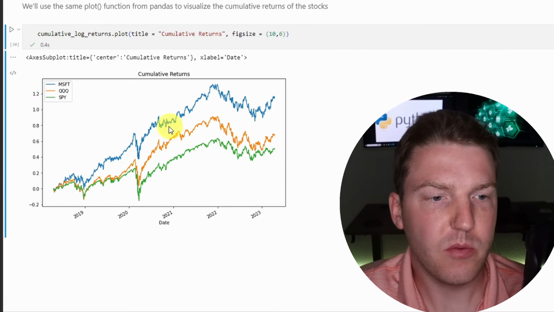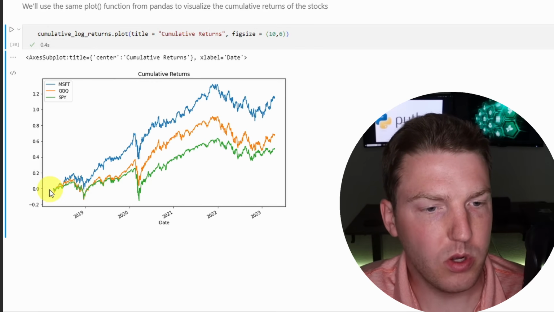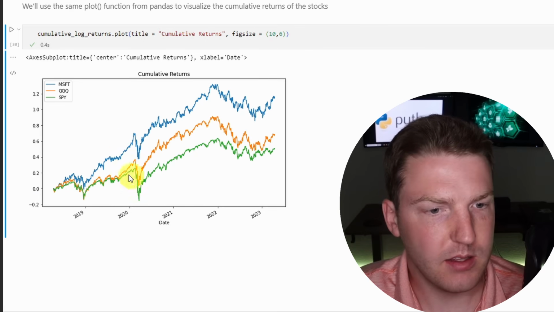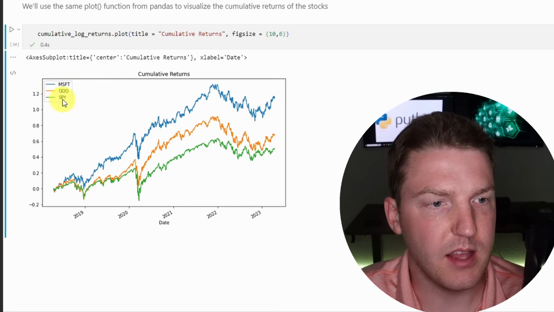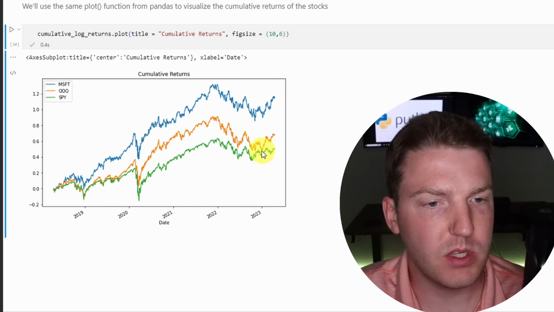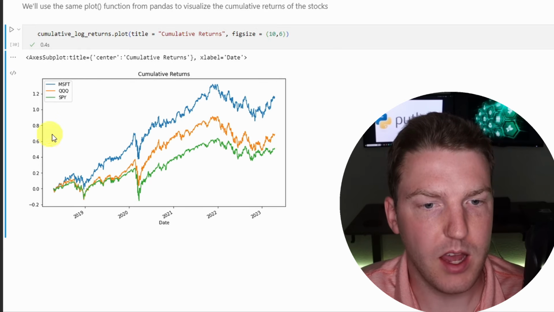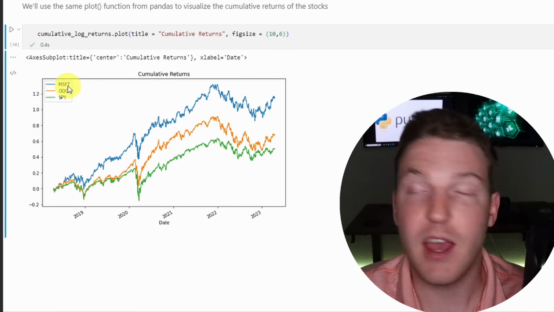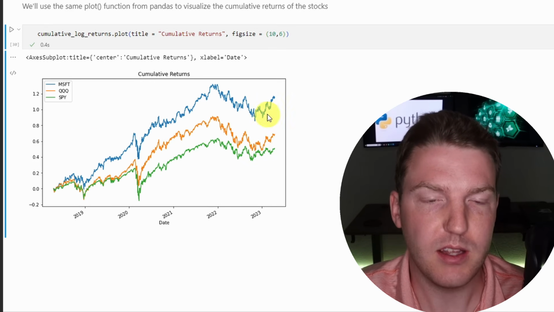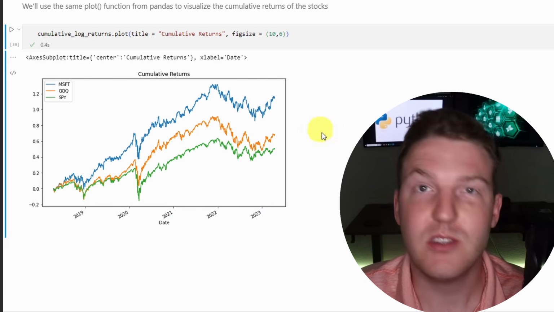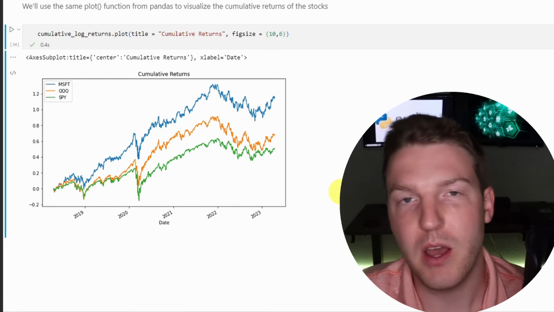So look at that. We can see, had we started in 2018 back here, we would have gained approximately, let's say, about 60% or 55% in the S&P 500 index. But then we see the NASDAQ index QQQ actually outperformed that at about 70%. And then had we invested in Microsoft, we would have made almost or more than double what we'd made in the S&P 500 index. So this is just one fun, quick example of how you can use Python for finance,